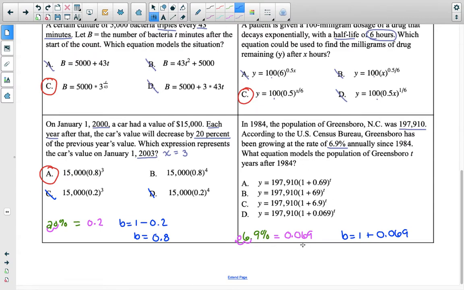So if we look at our equations here, we have the b value written as 1 plus. All of the starting values are the same. We are all being raised to the same exponent. We have 1 plus everything. So which one has 0.069? Not A, not B, not C, D has it. So the answer is